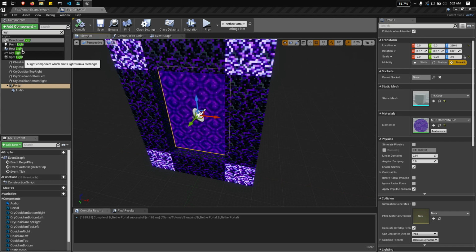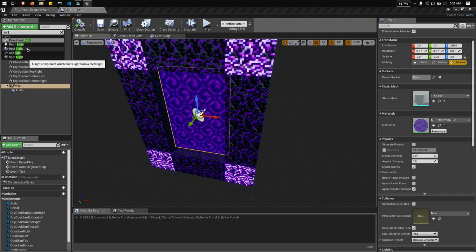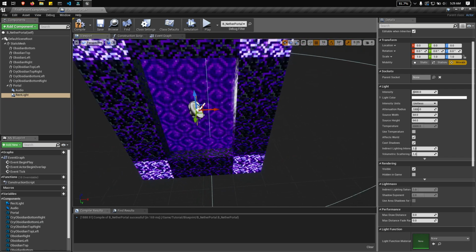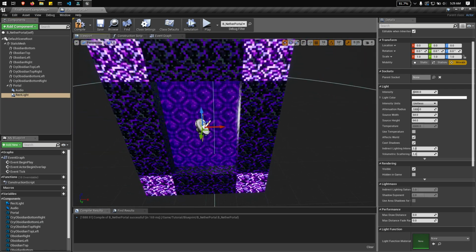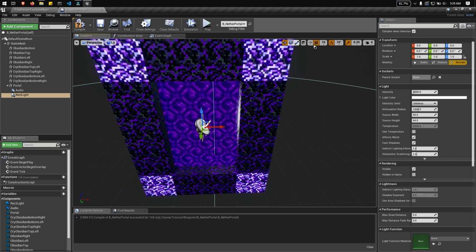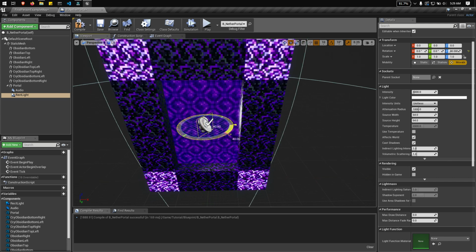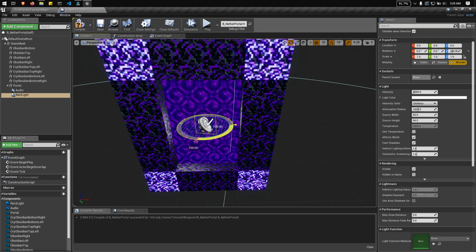Then we have the rectangle light. In this actor that we're creating, I think the rectangle light is the suitable light that we need. So here we have the rectangle light. Let's rotate this and face the rectangle light in the front of our blueprint.